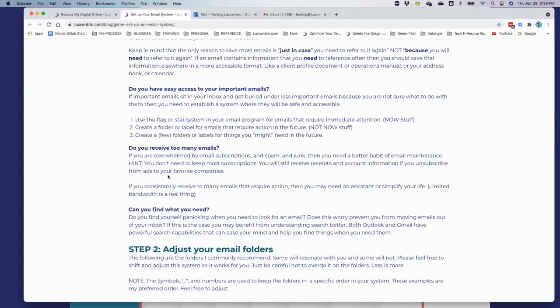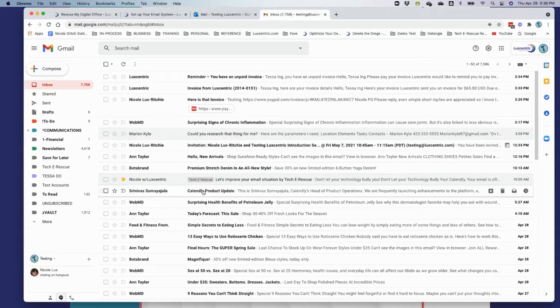Next is, do you receive too many emails? If you're getting 20, 30 emails a minute, this is super overwhelming and really untenable. So we want to keep in mind, are we getting the emails that we want? And are we getting emails just to fill up the inbox? There may be stuff that you don't need in that inbox. And so knowing what types of emails those are and whether or not they're actually useful emails is something to